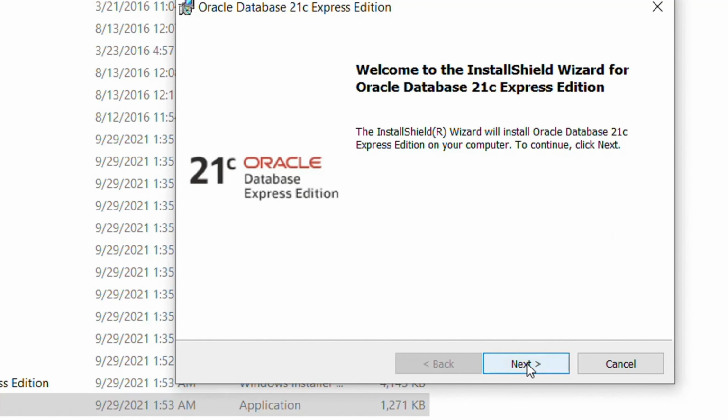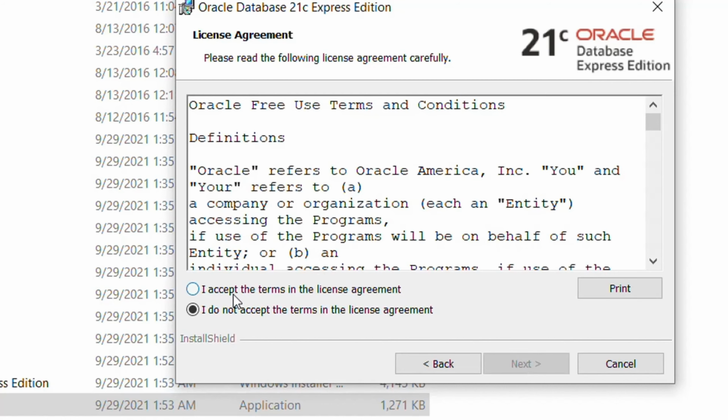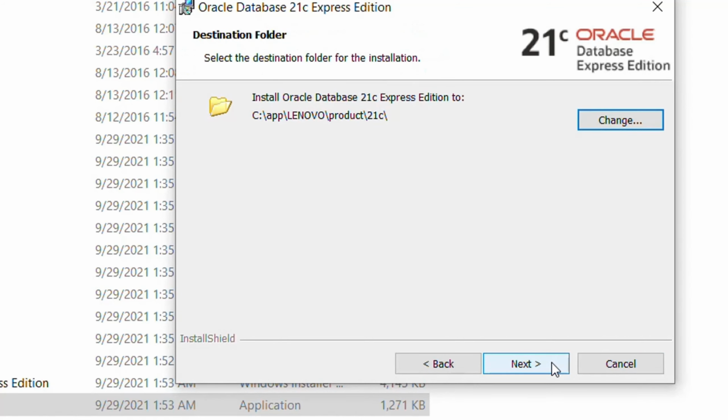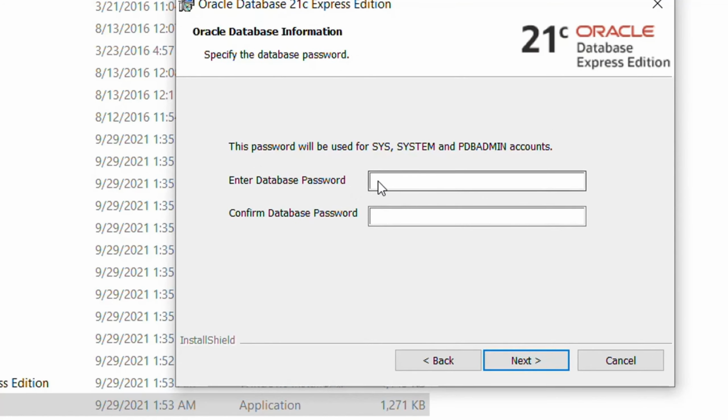And here you can see that the installation process is continuing, and here you will press the next button. So I pressed next, and here you have to accept the terms and conditions and then press the next button again. And here this is the default path where your installed files will be saved, in the C drive. You can change it by pressing this change button, but I will use this default path. And so I will press the next button again, and here you will type a password for the user, that is sys,